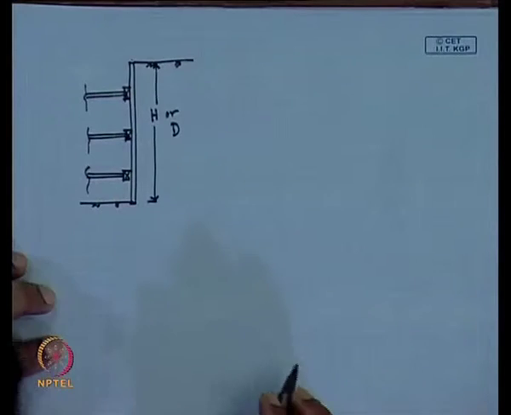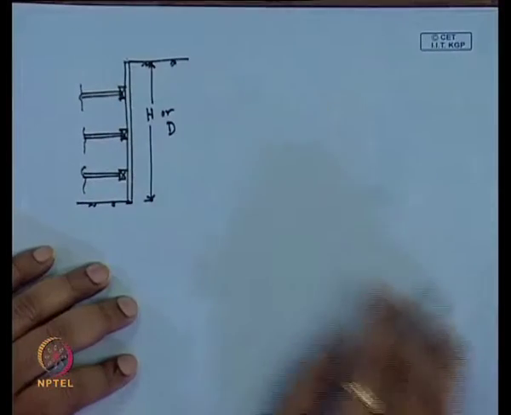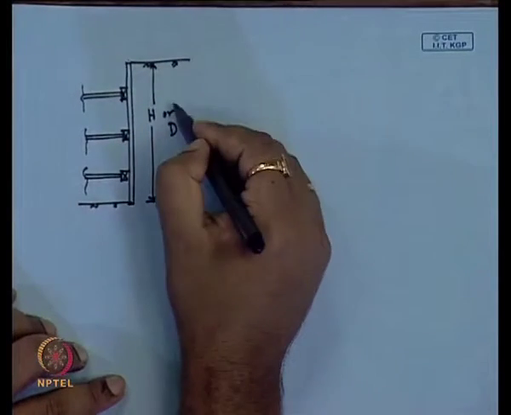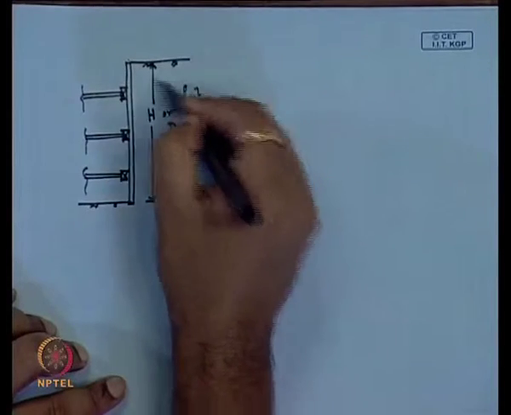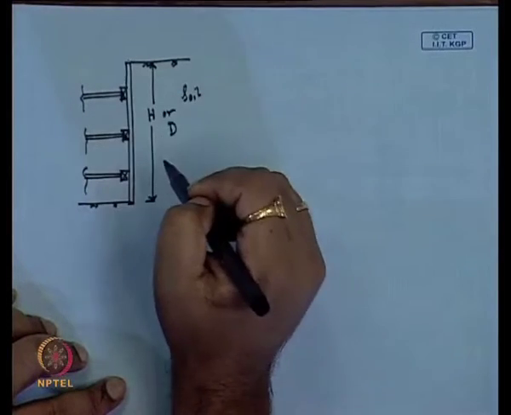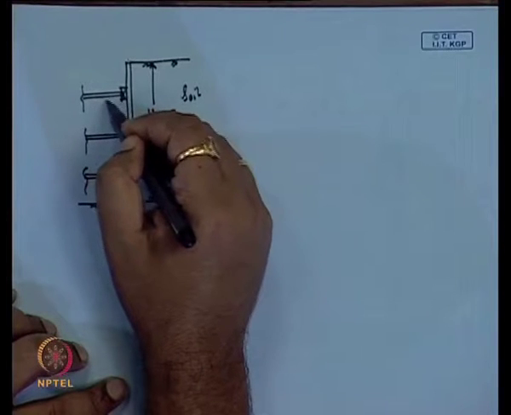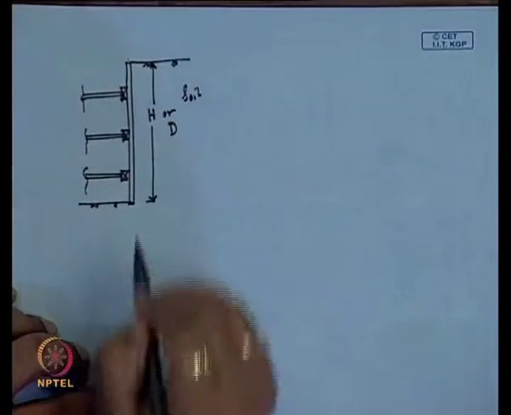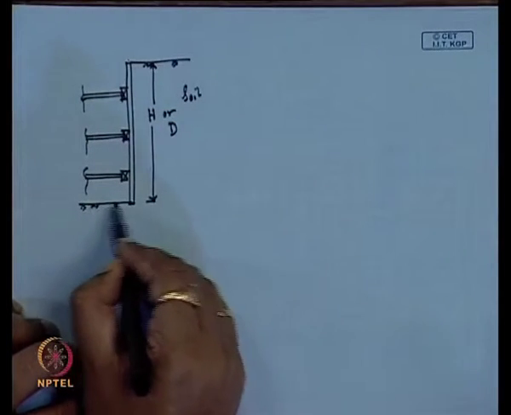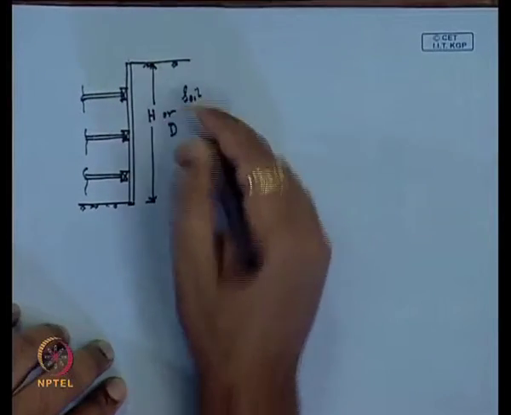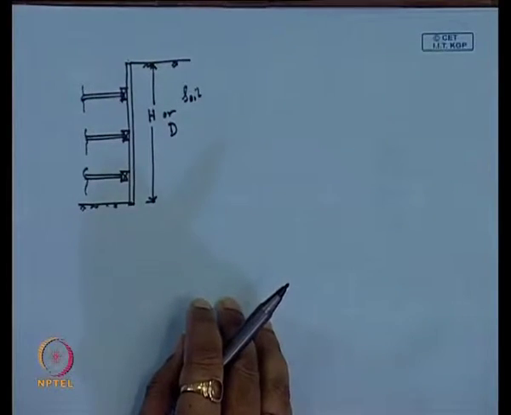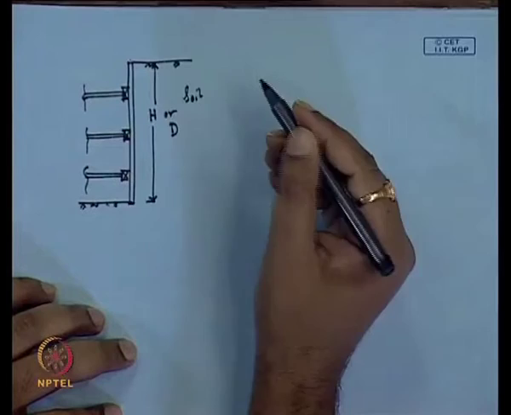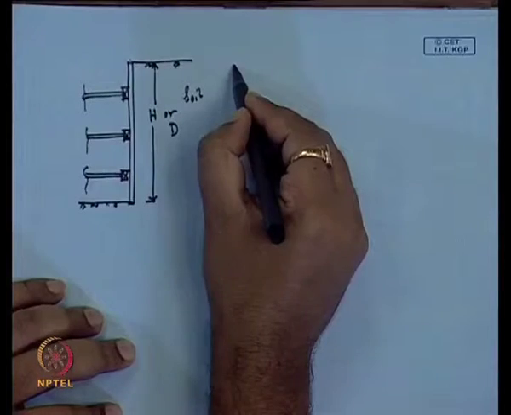Now, for different types of soil conditions, we can draw the pressure distribution. Because this side is soil, the soil is giving pressure to this lateral support, and then this lateral support is giving pressure to the strut. So, that means a force will develop in these struts. For different types of soil, we have different stress diagrams.